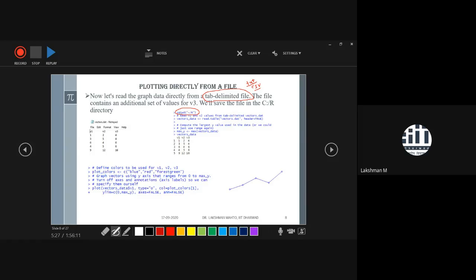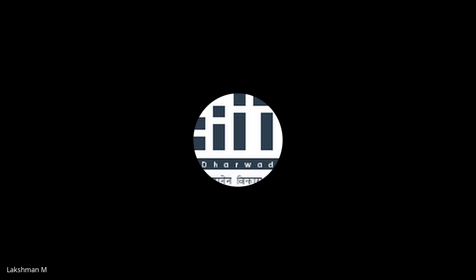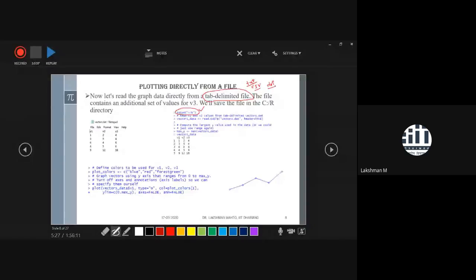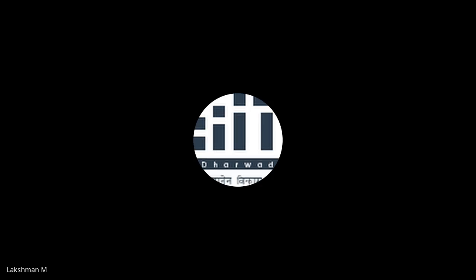So once you know what your directory is, go and put your file in that folder. This file must be a tab delimited file, whether it is a text file, CSV file, or dat file. There are many varieties of files. I think you all might have enough idea how to create these files. So one simple file I have already taken. I created a DAT file in Notepad, and I kept it in the folder R on my computer.